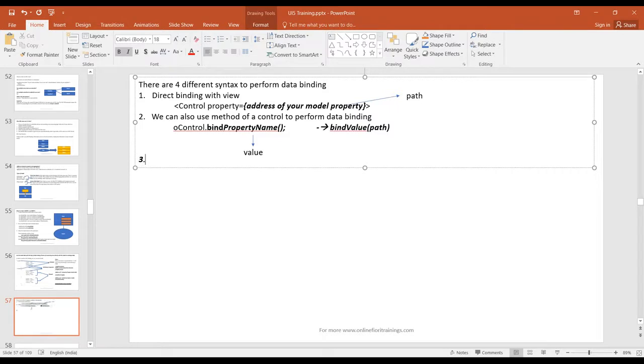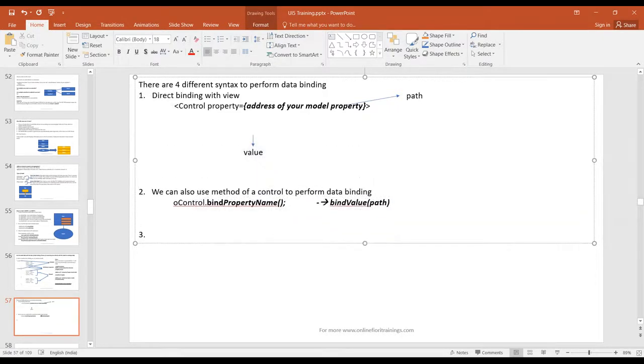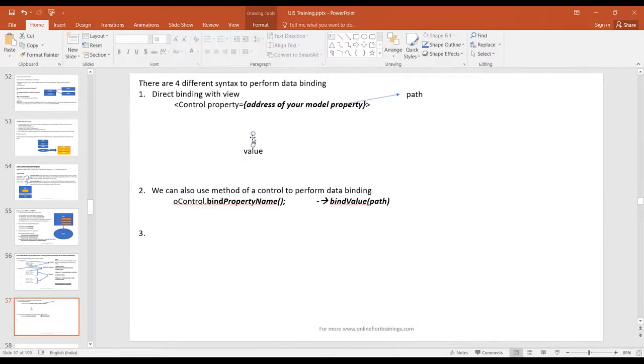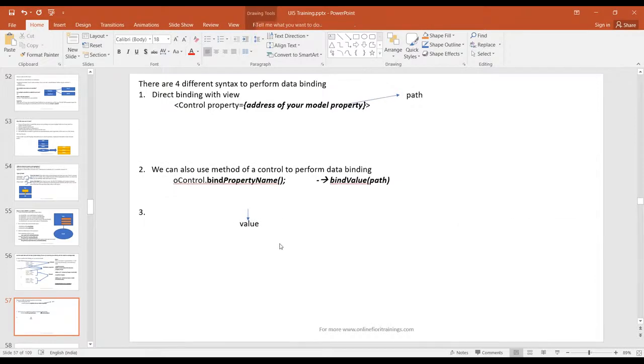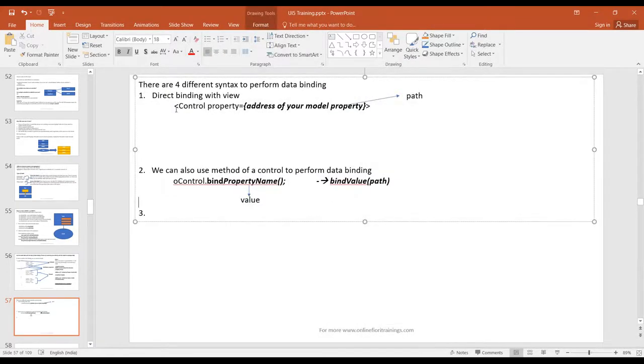Option number 3. I'll just move this down over here. We will be doing all four, we will learn all four, don't worry. I'm coming to it. The next option is another syntax